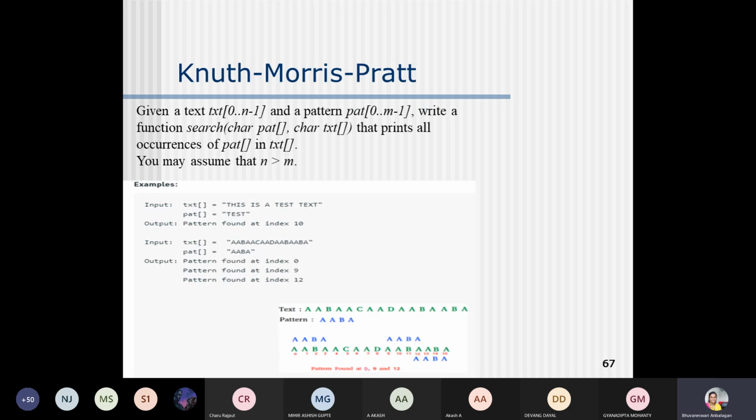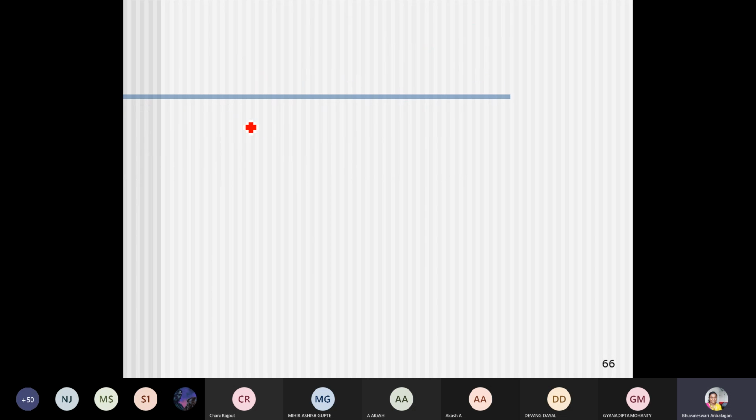This is what we have seen in the last class. I'll just showcase this example. KMP is nothing but the Knuth-Morris-Pratt algorithm. What this algorithm will actually do is it will take the pattern and it will take the text, and it will identify all the prefixes and suffixes. Let me just go over here. I'll give you a small example. I'm not going to trace this algorithm anyhow.